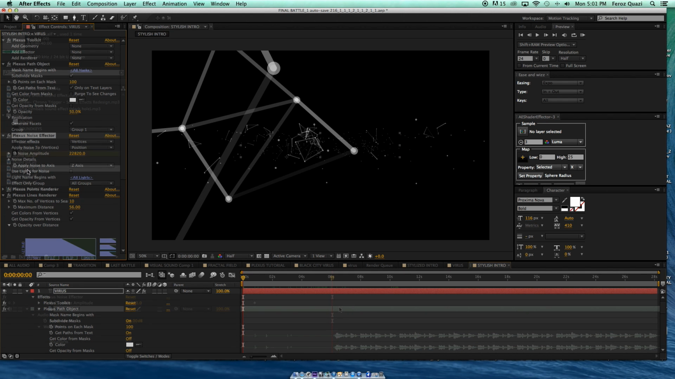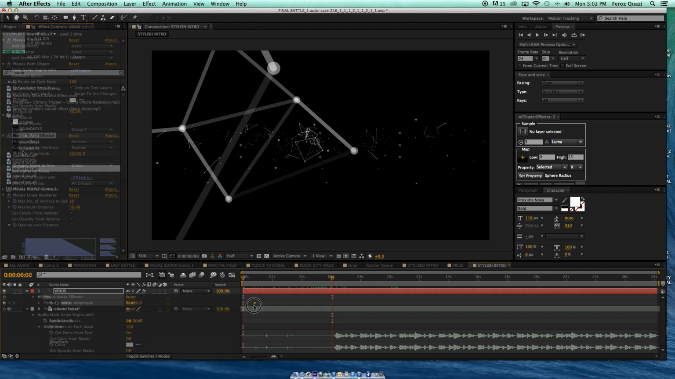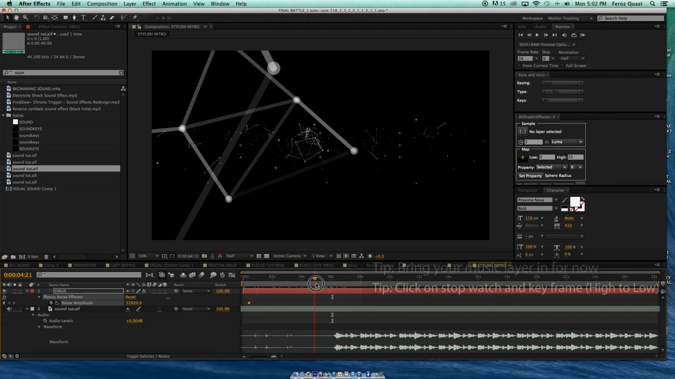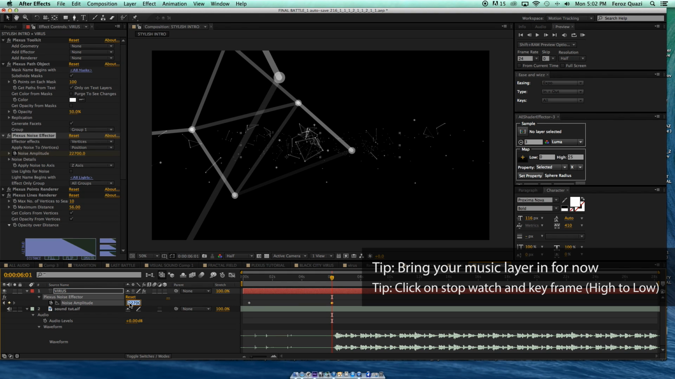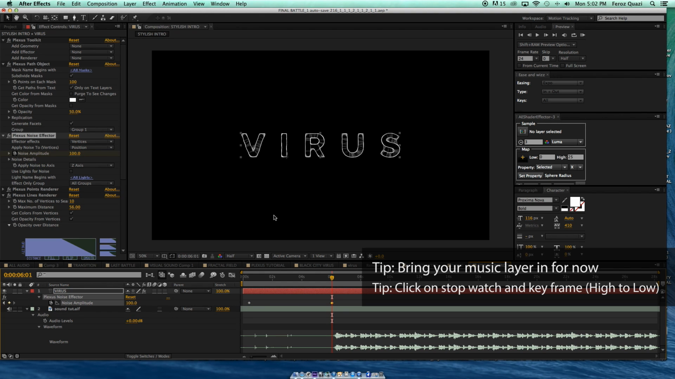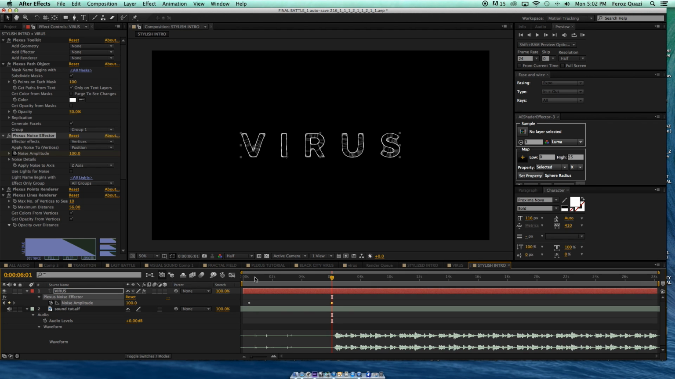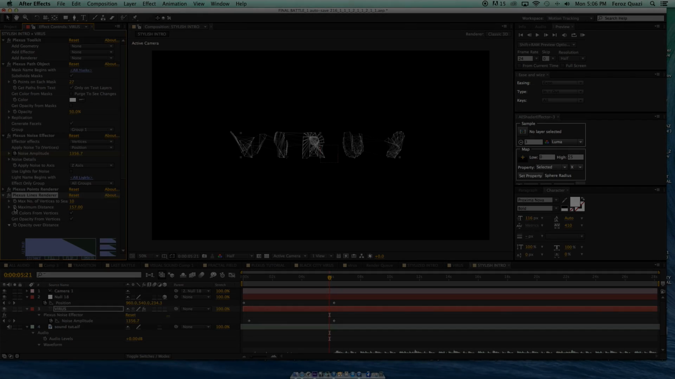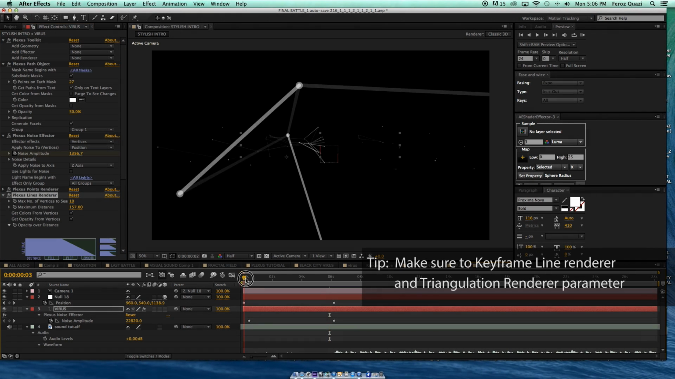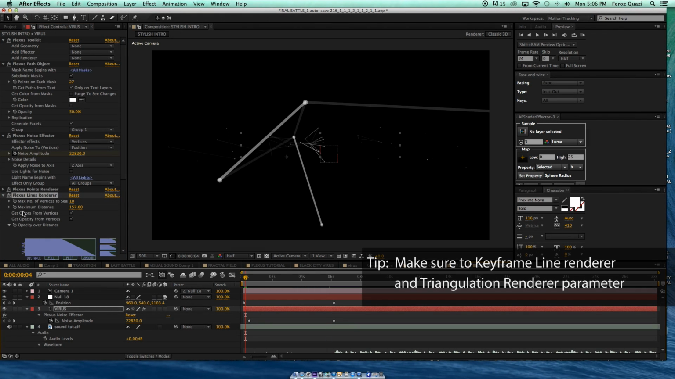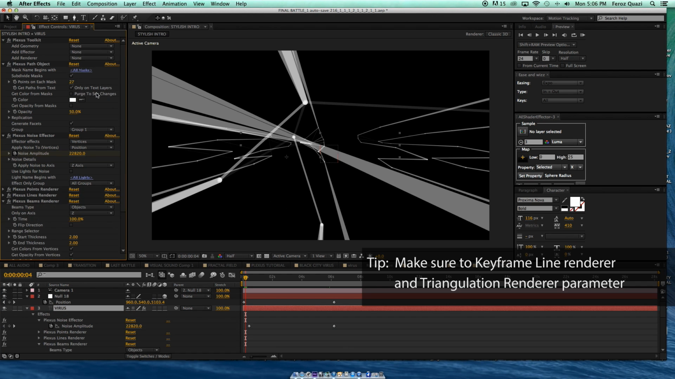So click on the stopwatch. Let's make sure the noise amplitude stays like this, and then at the base, we'll go back to around the value of 100 or so. So you can kind of see this virus word coming to life, and it's going down and doing this thing. Because at the beginning, we want to have a lot of things going on. We want to have lines show up. We can even add some triangulation,